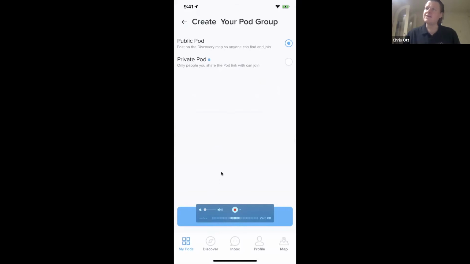And if you're one of our enterprise customers, you get a whole other suite of features, such as truly private locked pods where you decide who's in the pod, which is a little different than unlisted. Unlisted just means that we're not going to basically advertise it. And as CW said, it's great for enterprises to use those features. But if I tap next, my community will have been created.